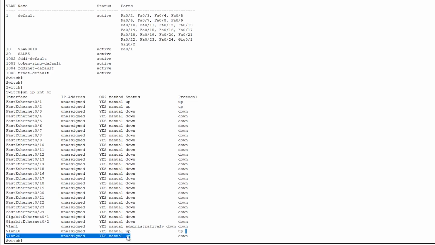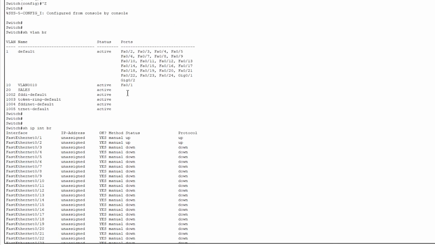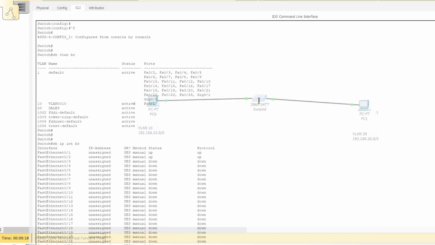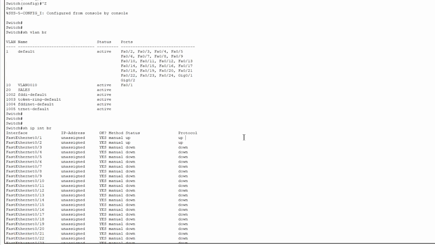But still, the protocol is not up. It's still down. Why? Because it cannot see any traffic on VLAN 20. Why doesn't it see traffic on VLAN 20? Because VLAN 20 does not have any port. So obviously there's no traffic because no port is connected. So we need to connect an active port. In this case, F0/1 and F0/2 are the only active ports because they're the only ports where devices are connected. So what I'm going to do, I'm going to put